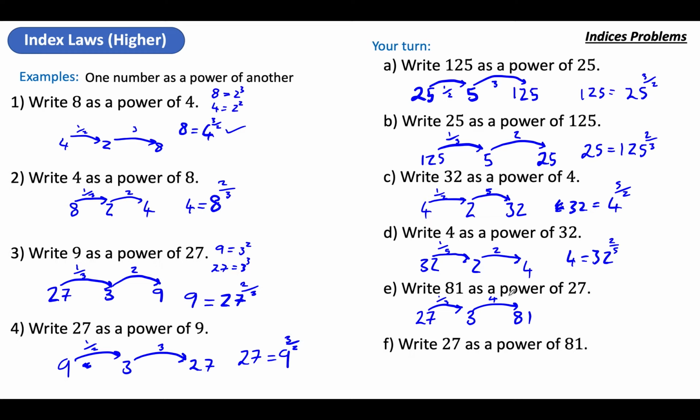So that's 3 times 3 times 3 times 3. Right, 81 equals 27 to the power of, put those two things together,